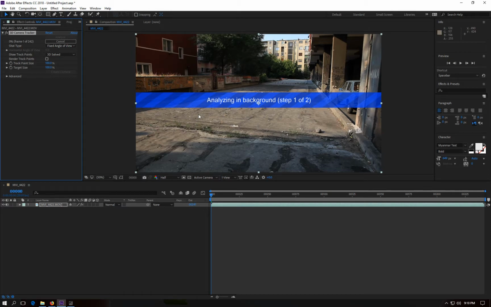So basically you can see it's a two-step process, and as you can see here it's analyzing and tracking. It says it's going to be less than a minute, so we will wait for a while, and afterwards the tracker will proceed to step 2, which is camera solving. Okay. So it's around 50%,